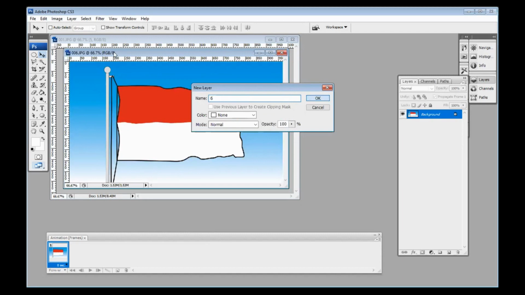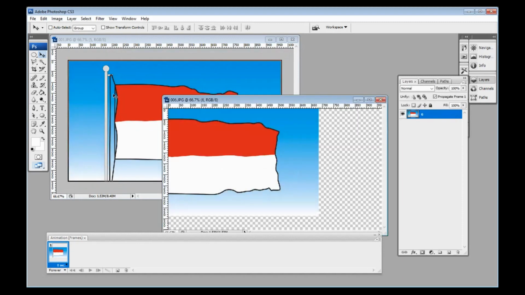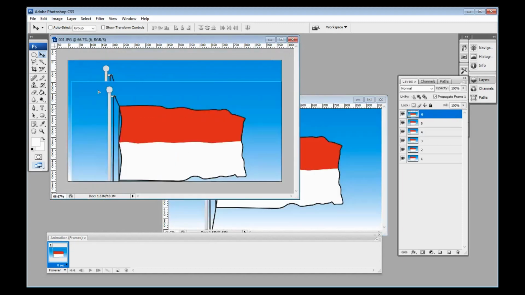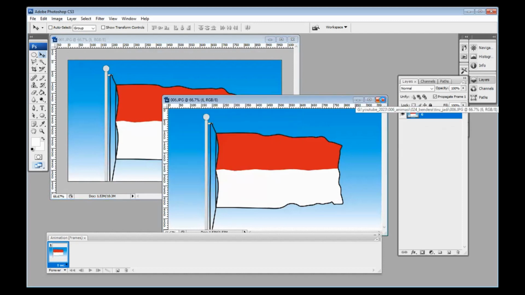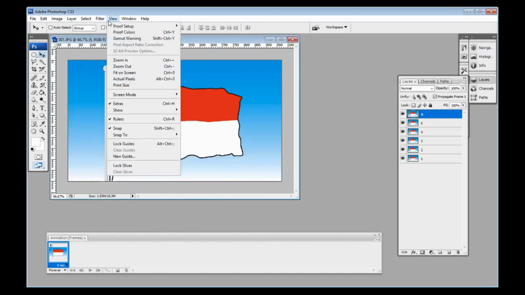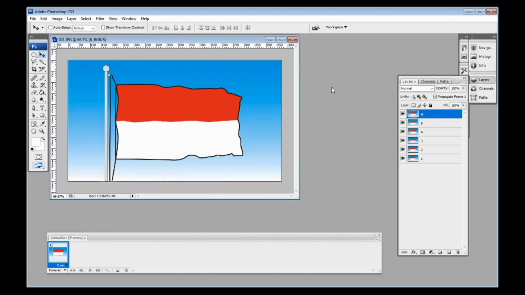Okay, if we want to have the result neat, we must activate this snap, snap object, snap to guide layer and so on. Okay, that's it.